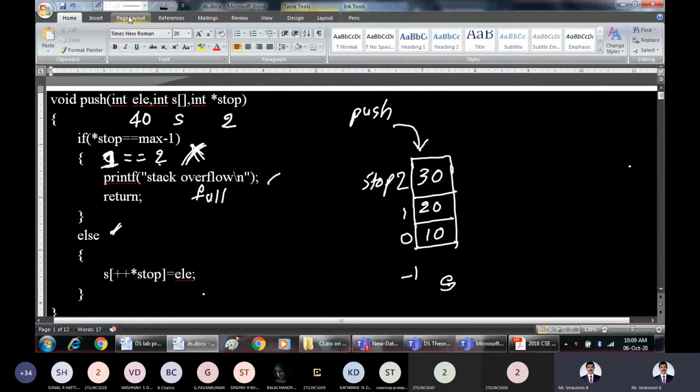Now we should be able to check the condition whether the stack is full. Top is 2. The condition is true. What we do here is say that the stack is full and we cannot insert the elements. Why? Because the maximum size of the stack was 3 and all the elements have been saved onto the stack. This condition is true and we cannot insert elements onto the stack. So we have successfully checked the overflow condition of the stack.